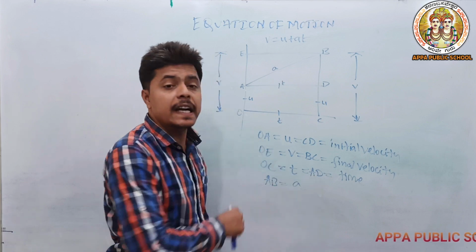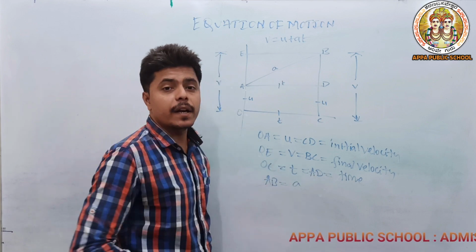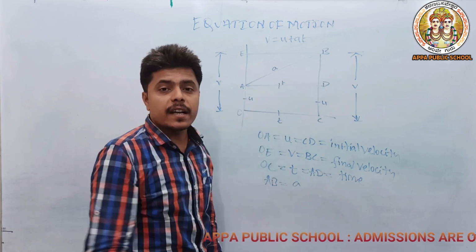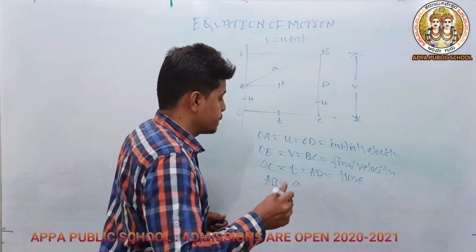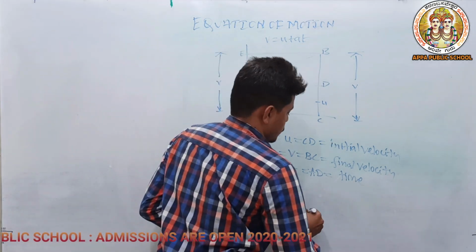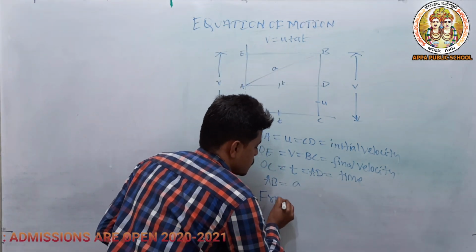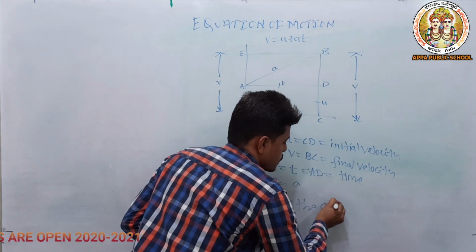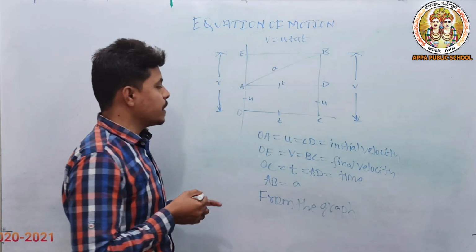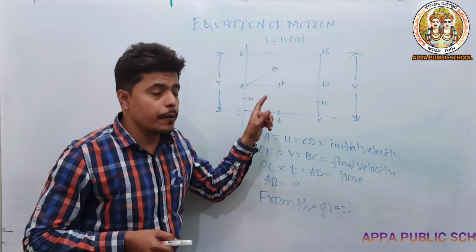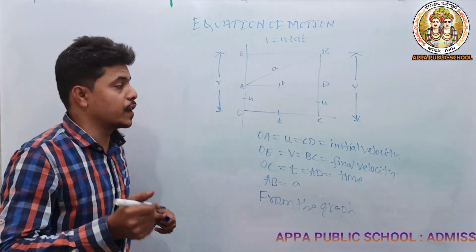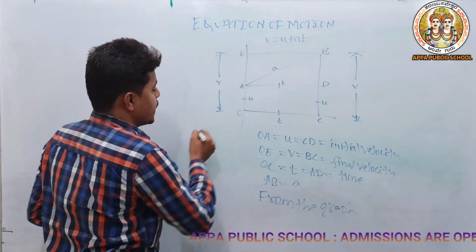OC and AD are time taken. And AB is nothing but a slope line, which is nothing but an acceleration. So we are going to find now acceleration. So from the graph, these are the things given from the graph. Now from the graph, this is the acceleration. So we are going to find A is equals to